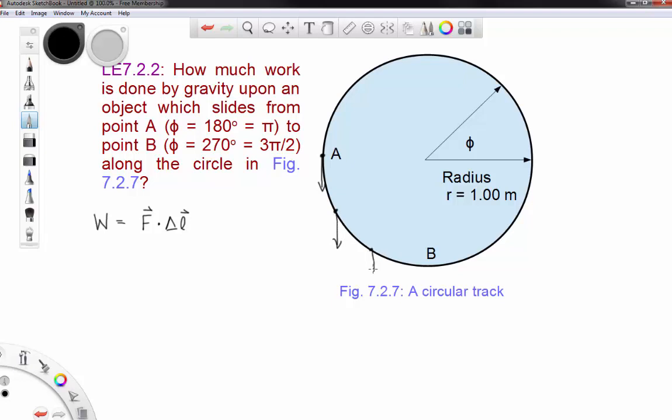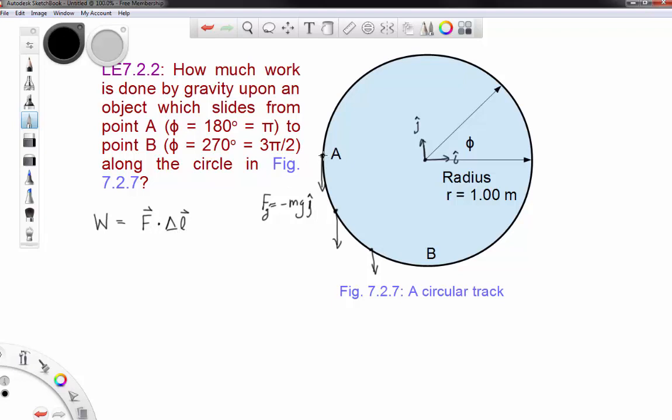So F for gravity is negative mg j hat. Here's the center of our circle. J hat is in the y direction, and I hat is in the x direction. So force of gravity is always negative mg j hat, and that means that when it's dotted with delta L,